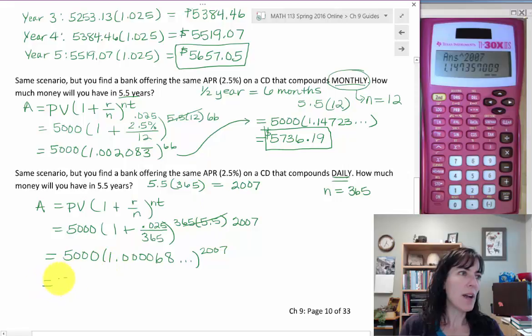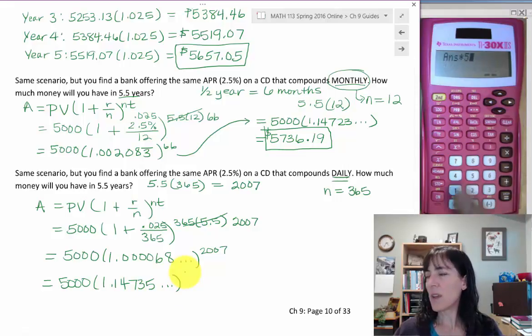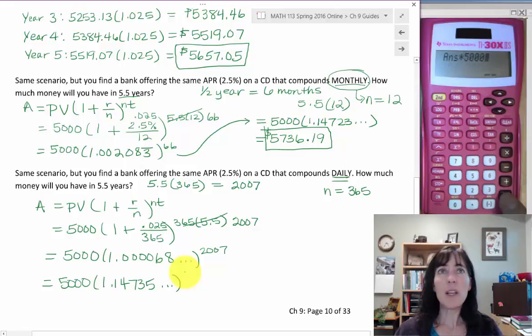And now I have 5,000 times 1.14735, and it goes on and on again. Last operation, multiply by 5,000. 5,000 times that equals,